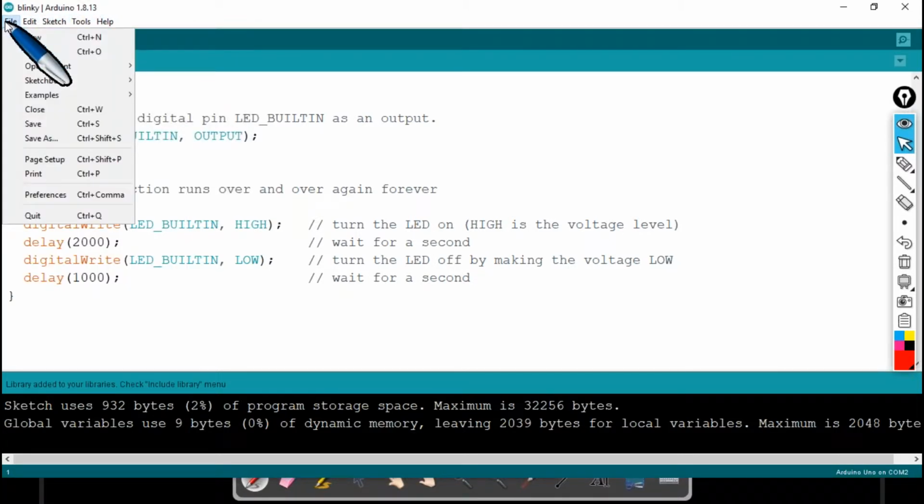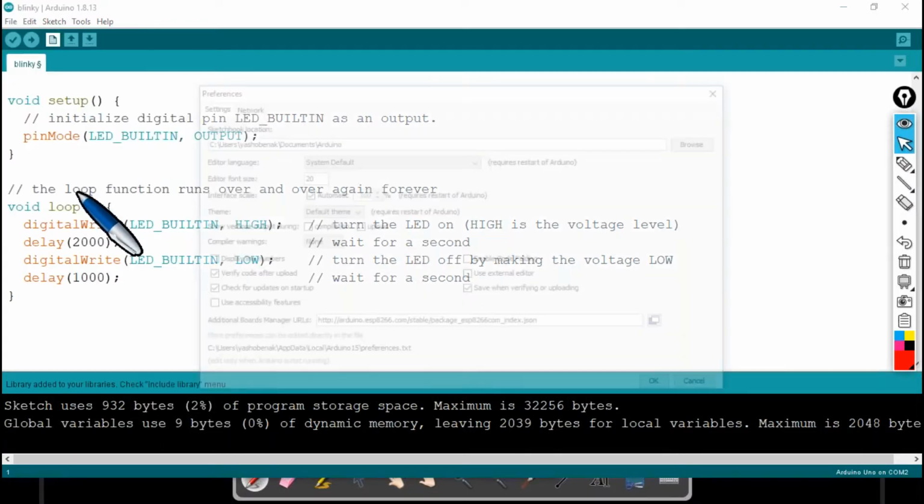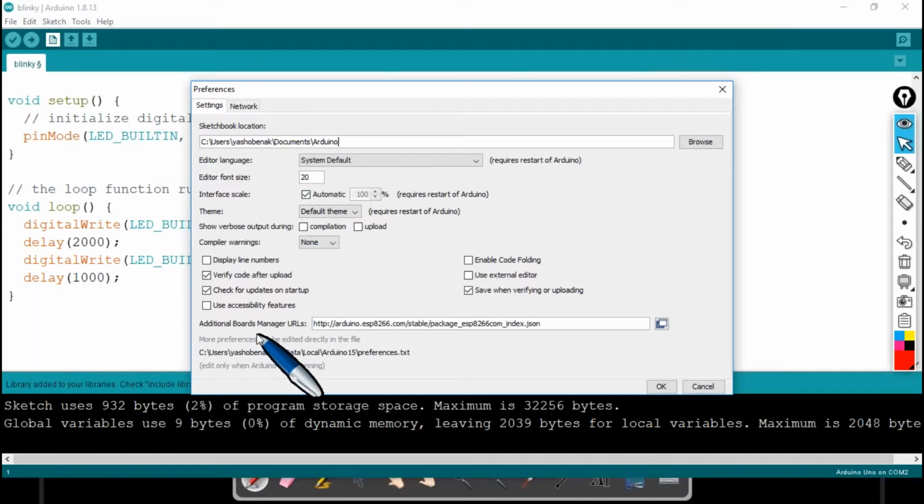In our next day, we'll get to know the importance of something found under preferences, that is additional board manager URLs, wherein by default this field is empty. If your Arduino IDE is newly installed, this field will be empty. But in our next day session, we'll see how I can make use of this URL to get additional board managers, specifically for Node MCU.